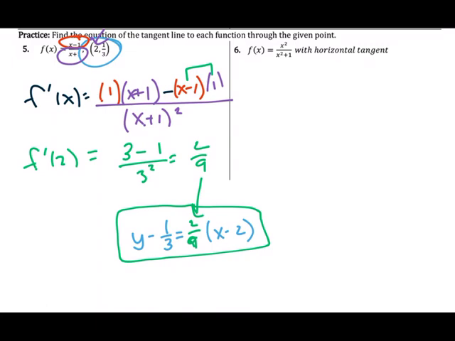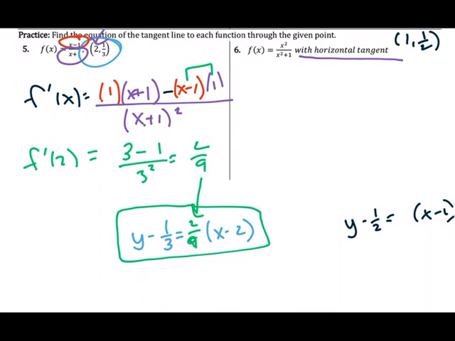Number 6 says that we're looking for a horizontal tangent, and what's missing on this problem is there should be a point that we're finding the equation of the line. So I'm going to add a point. We're going to be finding this at the point 1, 1/2. So I just am throwing that in there so that we can find the equation of a line passing through a point. So we can already set this up